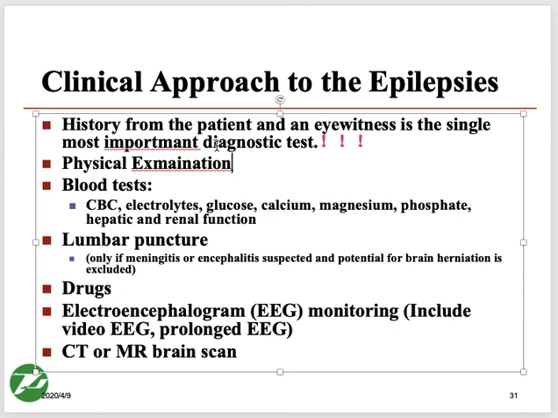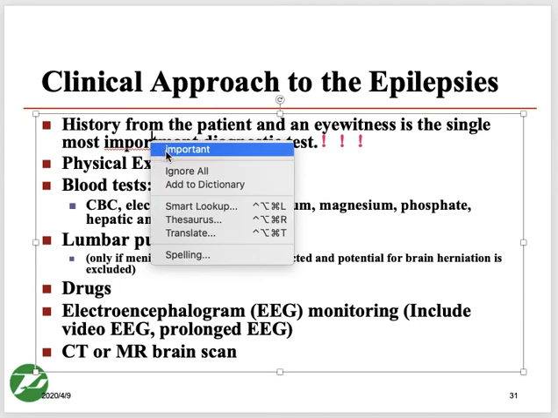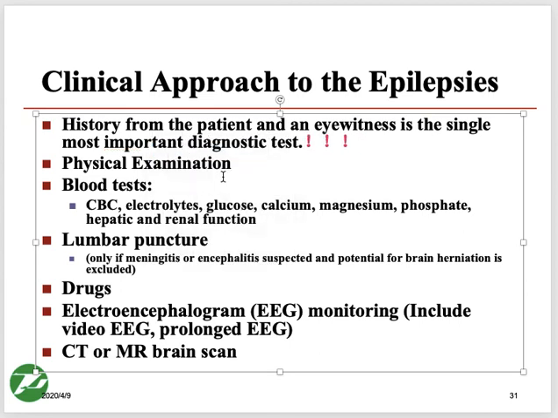In the history you will ask whether he was incontinent of urine or feces, or had tongue bites. What happened before, during, and after. Whether he was conscious, confused, drowsy, or slept, and so forth. Then we do a physical examination where we look for signs. In the physical examination, a very important thing I would suggest: if the person has a history of a fall during the seizure, always check the neurology. Always check if he has hit his head. Then we go for the blood examination, CBC, electrolytes.